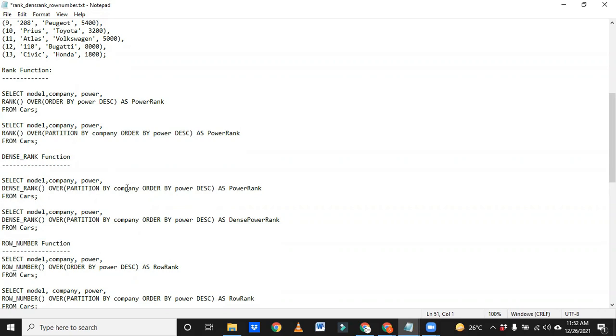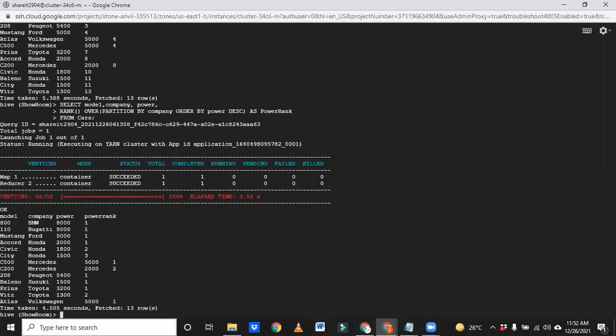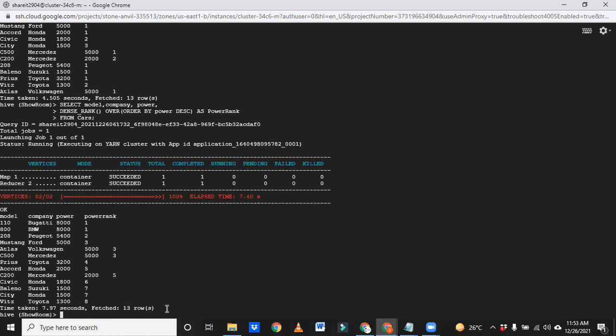Let me remove partition by as of now and execute it. See, this is the output of dense rank.